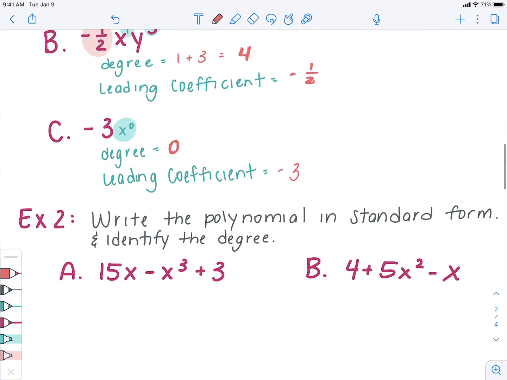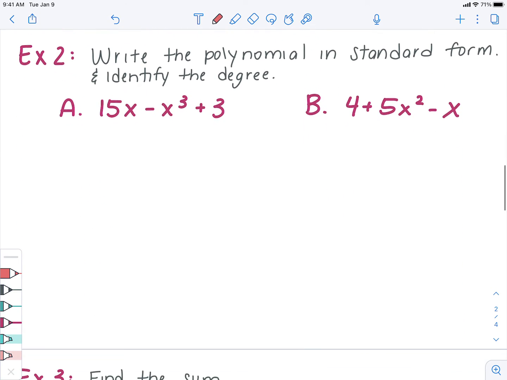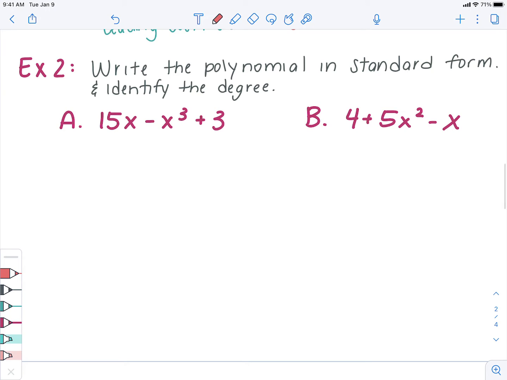What about if I gave you some polynomials and asked you to write them in standard form? So if I had given you 15x minus x cubed plus 3 and asked you to write it in standard form, it's just a fancy way of saying put the terms in order from the biggest exponent to the smallest exponent. So standard form is just biggest to smallest